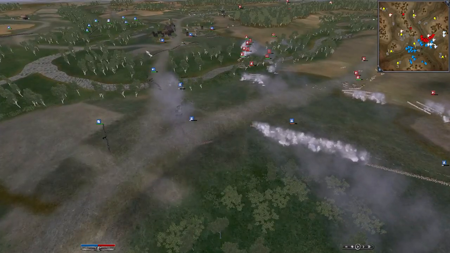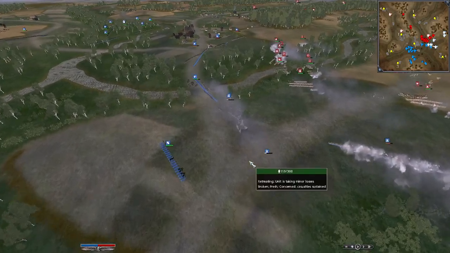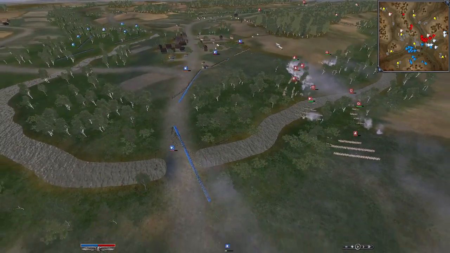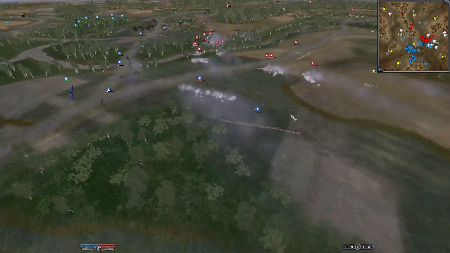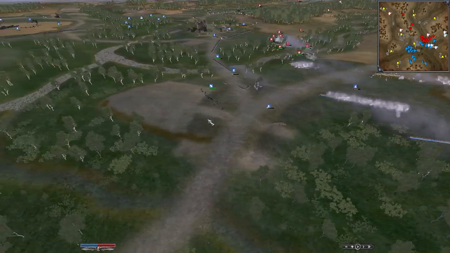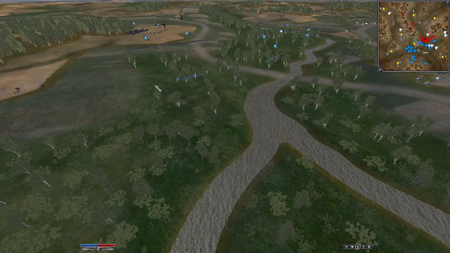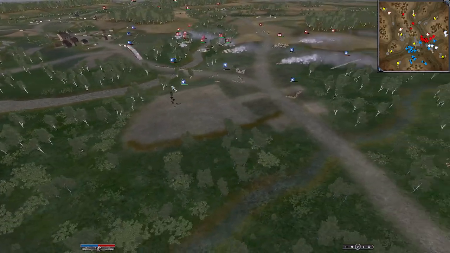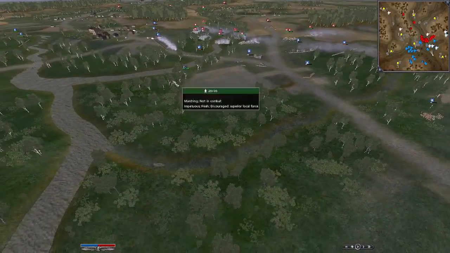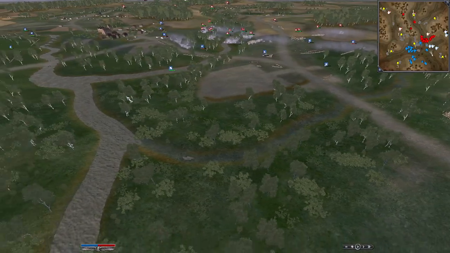These two lines break completely. I still have sort of a horseshoe going on over here. This line breaks. I send my general, I send my field marshal all the way out here. You'll see a lot of my lines, unfortunately, they start to break due to lack of morale. I might could have won that engagement if I didn't move my generals so early, but